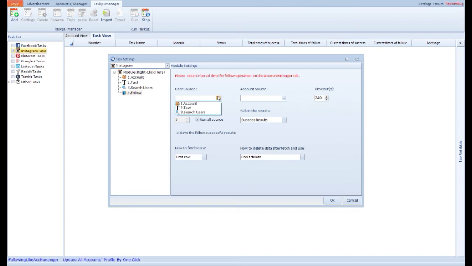The follow button, we're going to go ahead and select the user source. The user source is going to be search users. Account source is going to be account. Run times, you can select the custom value right here, or have run all source, which is better. It's automatically going to input all of the data that's collected. After you fetch the data, you're going to hit first row and delete the row,